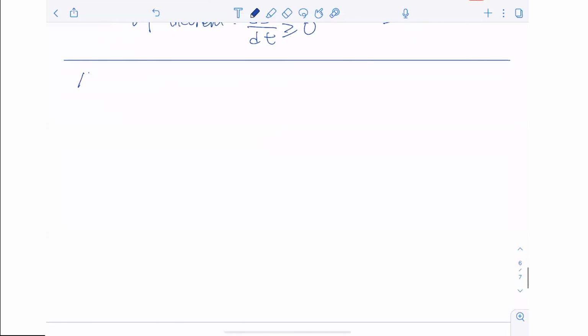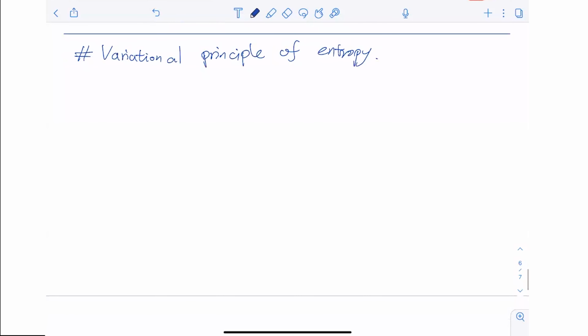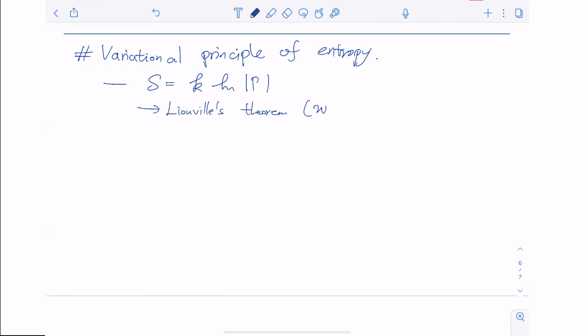So now we are going to explore the second question that I left without explanation. That's basically the variational principle of entropy. We just showed that if we try to follow Boltzmann's postulate and we use Liouville's theorem to justify the question about phase space,